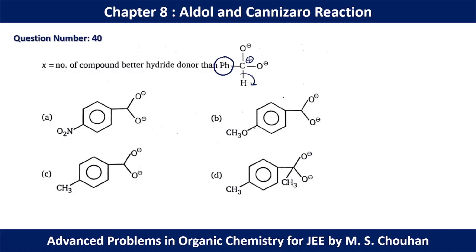carbocation. So we can have a plus R or a hyperconjugation group present in this position which can donate electron density and which can increase the hydride donor ability of the molecule. In this case we don't have any hydride, so this cannot be the answer, and in this case we have an electron withdrawing group, which cannot be the answer either. So options B and C should both be the answer for this case.